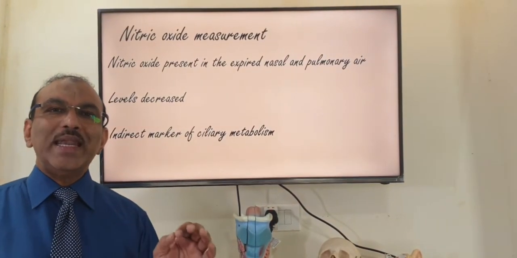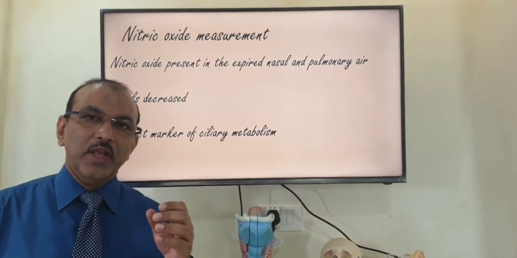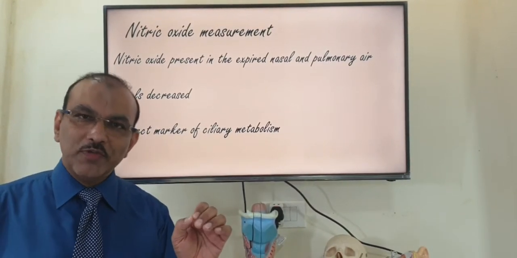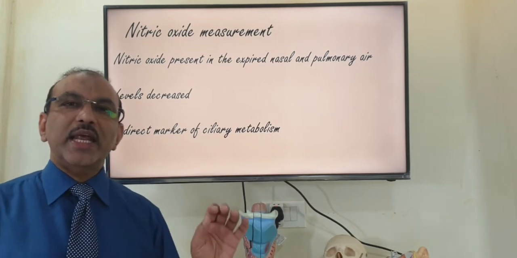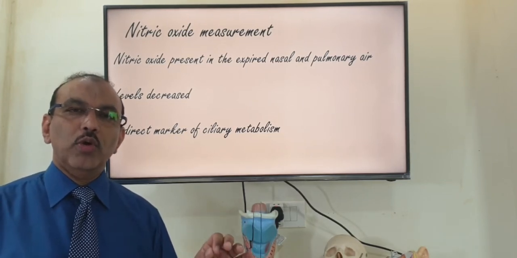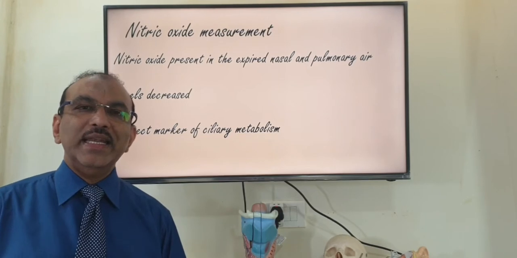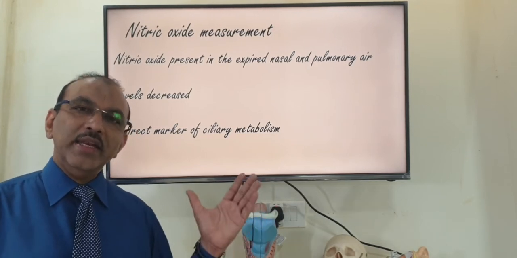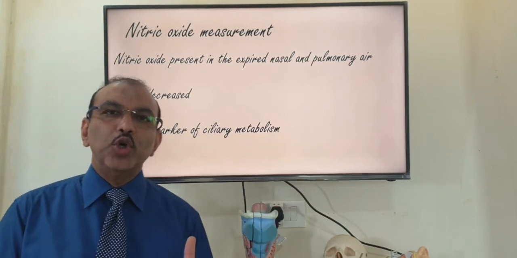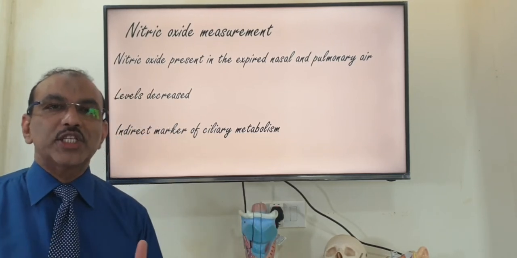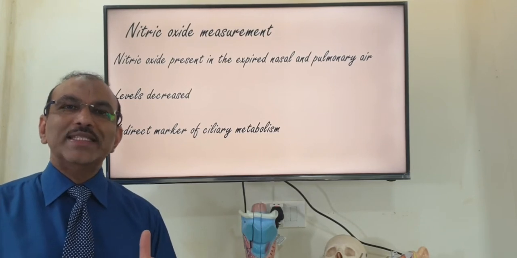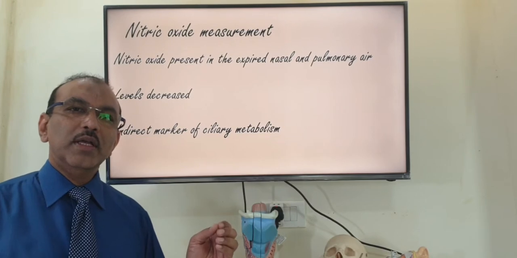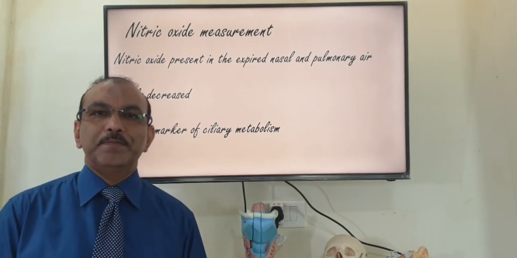Now, there is something called nitric oxide present in air, and we especially test that in exhaled air. We have a specific measurement for that. In case the nitric oxide measurement is very low, then it's an indirect indication that the cilia is not working properly. In addition to all this, we also like to do a photometric study to know the ciliary beat frequency. So these are the tests done specifically for primary ciliary dyskinesia.